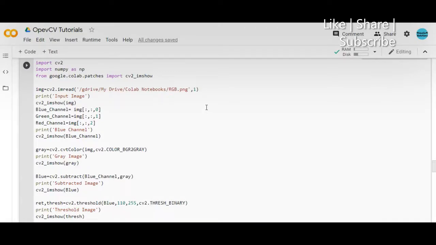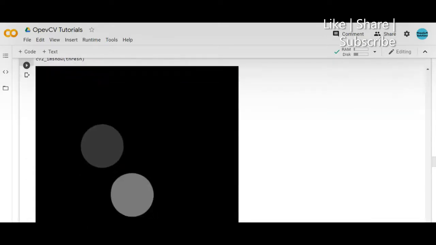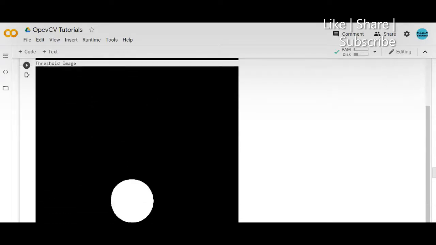So I'm using the same sheet that I was using earlier for all the OpenCV tutorials, and this is the code that I am going to discuss today, that is converting an image into its respective color components, whether you want to detect blue, green, or red based on the requirement. So first I'll show you the result and then I'll explain. So just have a look at the result first.